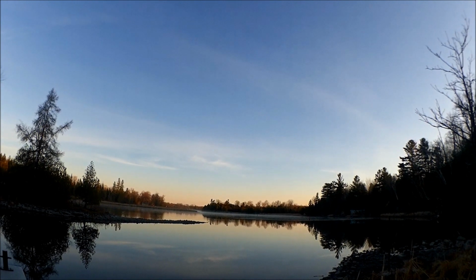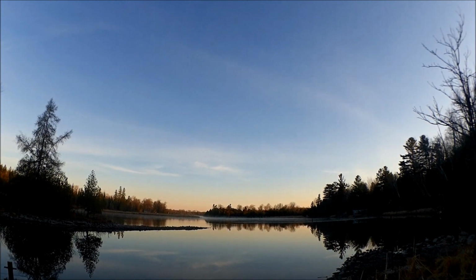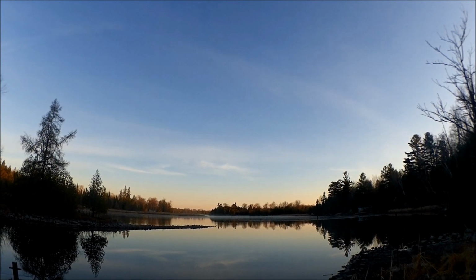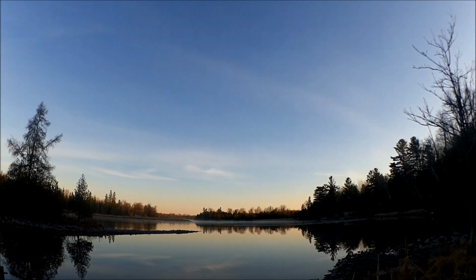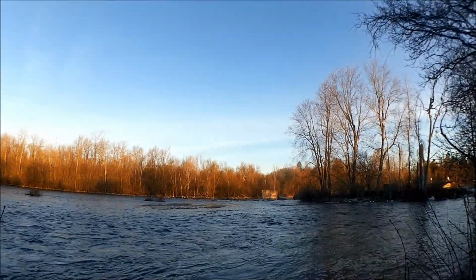Oh, it's cold, but it's pretty. A little bit of mist coming off the river. According to my phone, it's about 6 degrees Celsius. So that's chilly enough. I think the water level's gone down overnight. Huh. Alright,